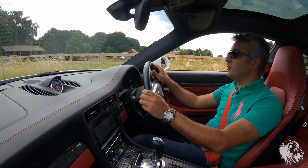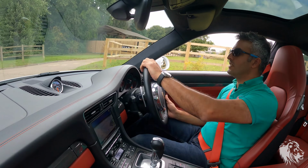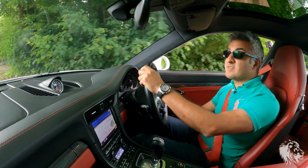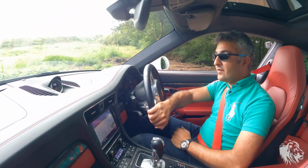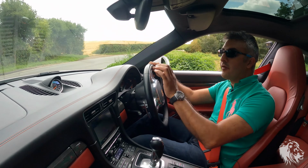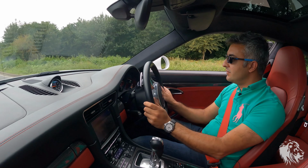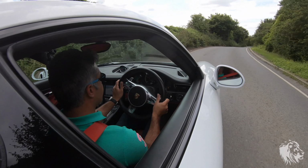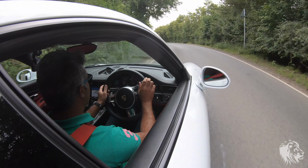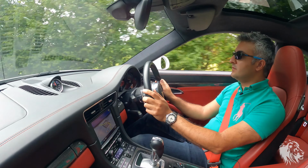Okay, I'm in this beautiful 911 Turbo S. It's a 2014 car, 3.8 twin turbo, 560 horsepower. Huge amount of power for the road, but it's all-wheel drive and it has a great amount of technology to keep you on the road, or to try and keep you on the road, as long as you drive sensibly. Now I'm initially going to drive quite leisurely because the car is completely cold,